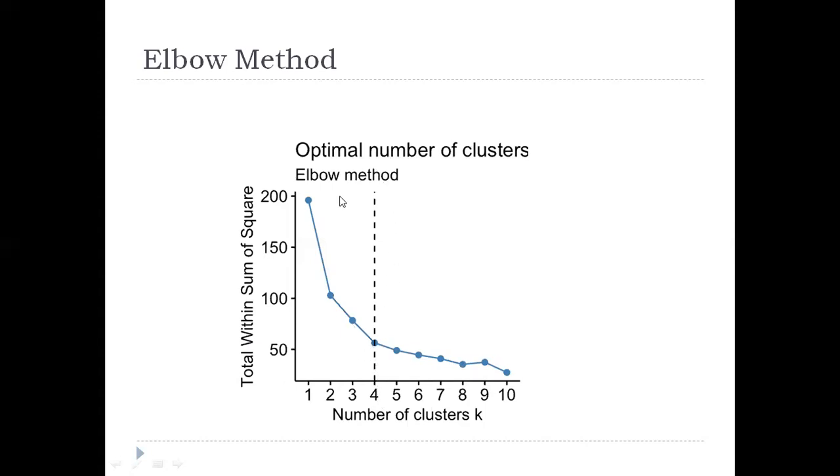The reason it is called the elbow method is that this graph looks like an elbow, where this part becomes your hand. You decide on the point where the curve bends. That is your optimal value. That elbow point is what you take as the number of k. That is why it is called the elbow method.